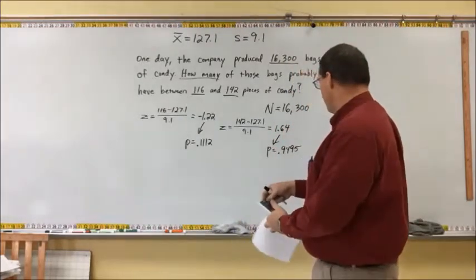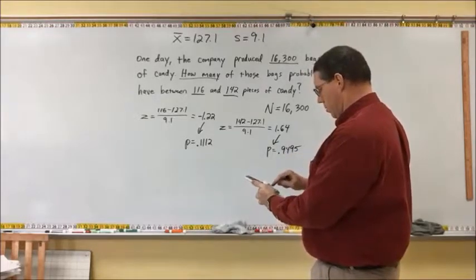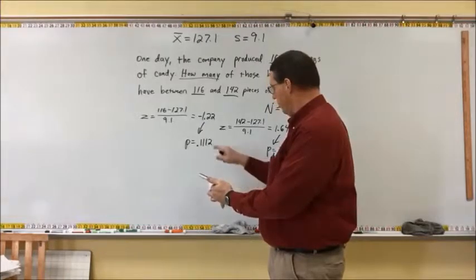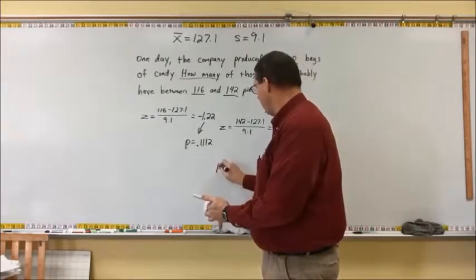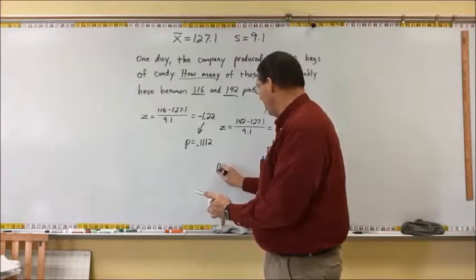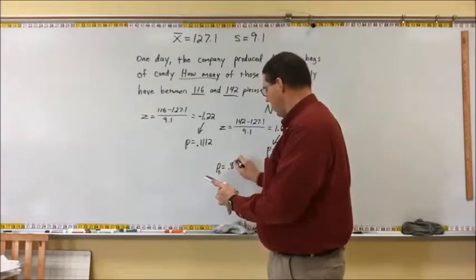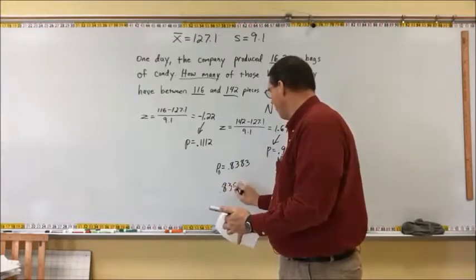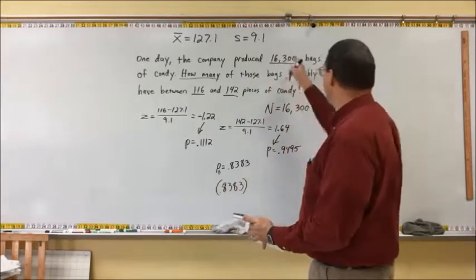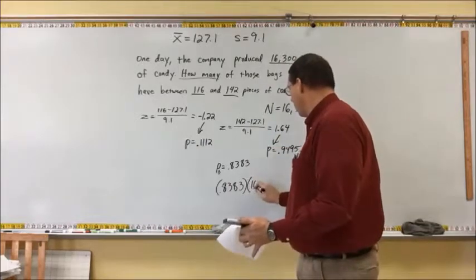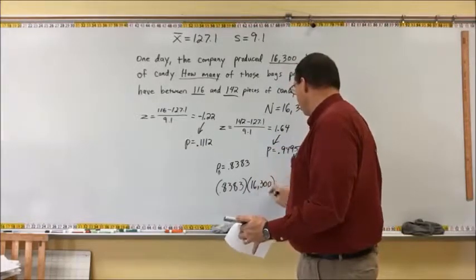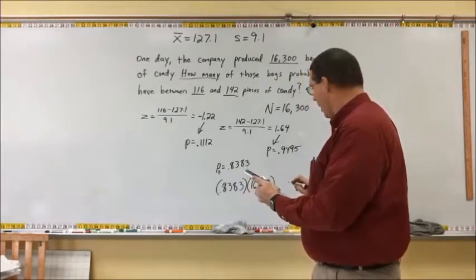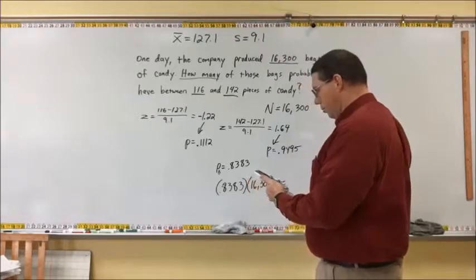So I'm going to do 0.9495 minus 0.1112, and that gives me a final p-value between of 0.8383. And then I want to multiply that proportion times the population of bags produced that day, 16,300 bags, so times 16,300, and we get approximately equal to